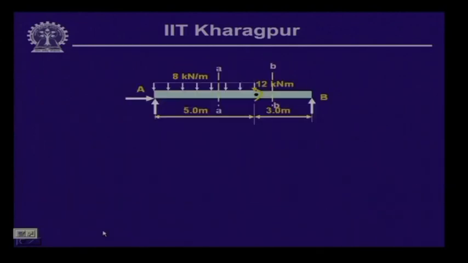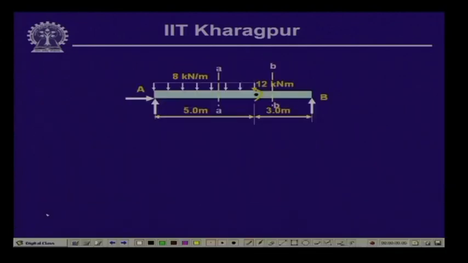Now, the free body diagram of this particular beam will look like this. Let us call this H A, this R A, and the reactive force here R B. So, summation of horizontal forces equals 0 gives us H A is equal to 0. Summation of vertical forces equals 0 gives us R A plus R B,